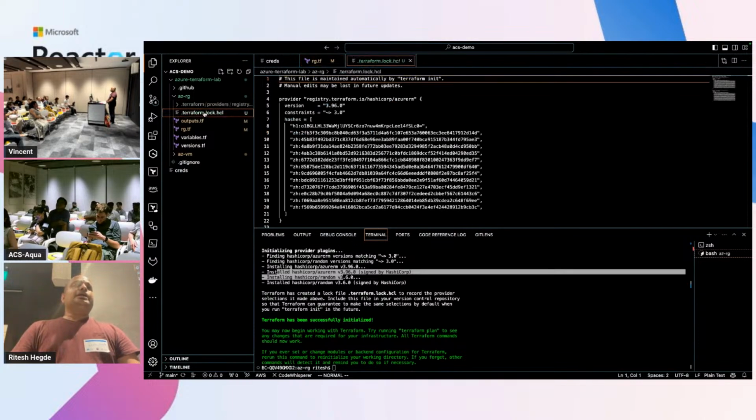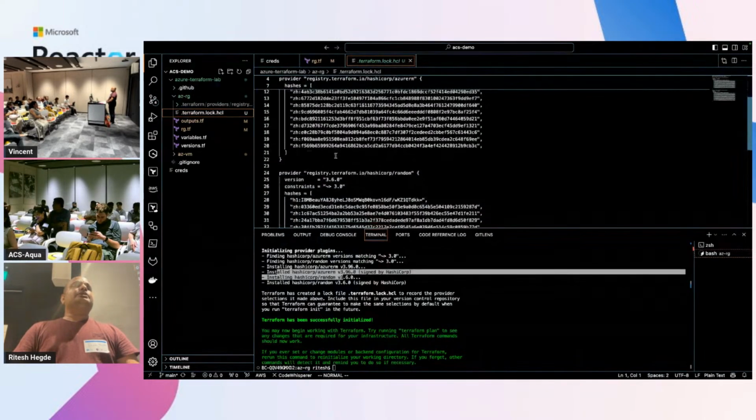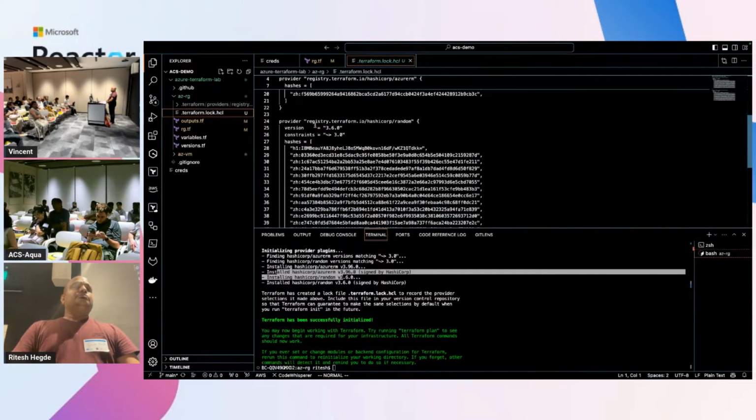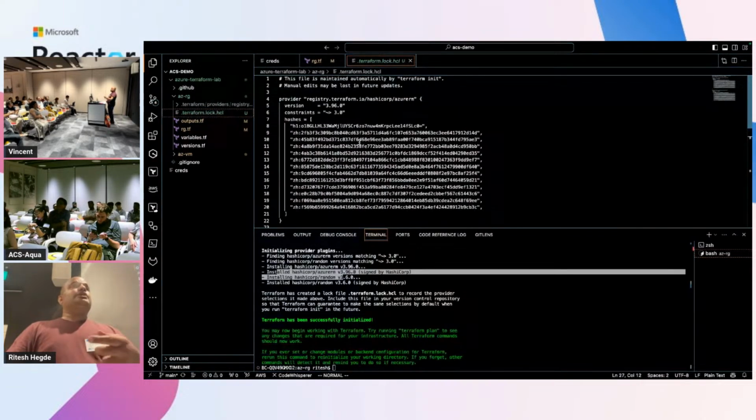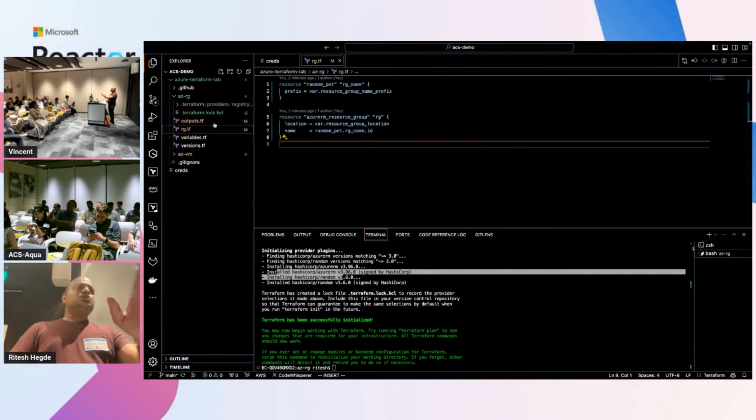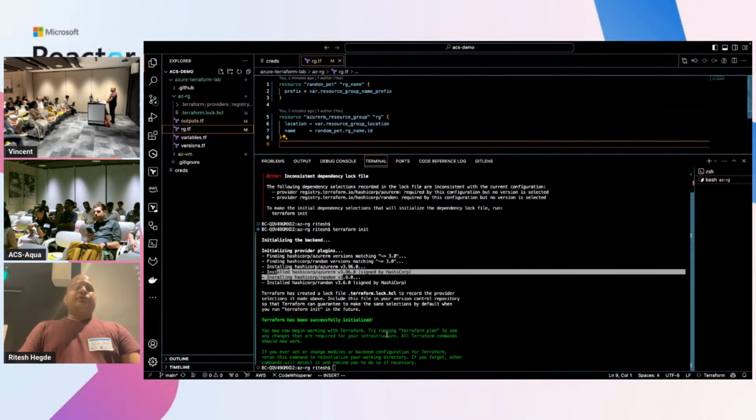And the log file is created. So the log file basically gives the information about which provider it has downloaded, what is the version, and what is the constraint. Okay, and if there is any change, next time when you do terraform init upgrade, that time this will change. So nothing to look much into it. These are the two files. Now when I run terraform plan,